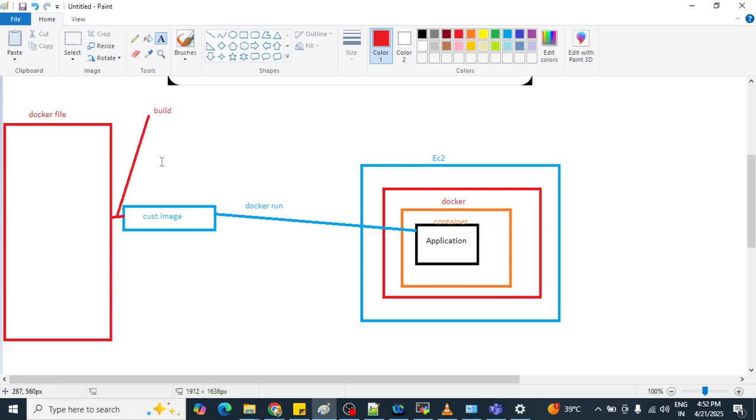To write our docker file we also require what? We require an operating system.